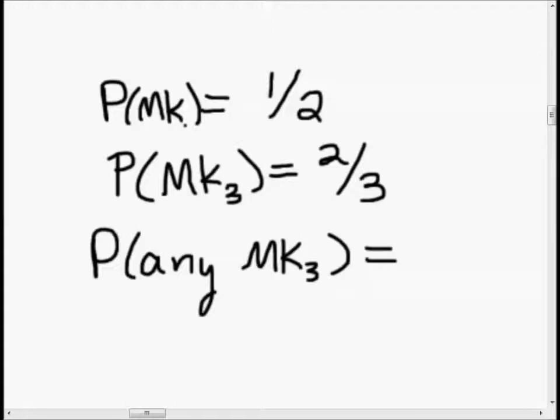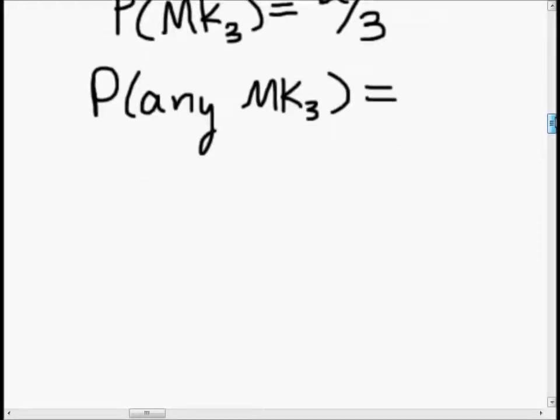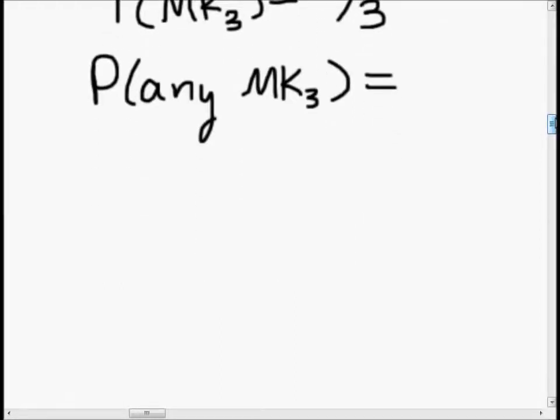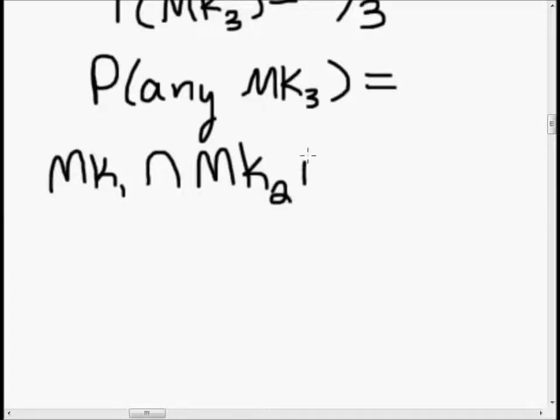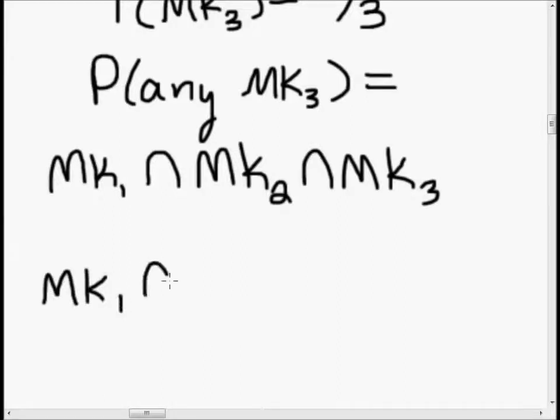So this might seem intimidating, but we know how to do this. Let's break this down. There's a path that we need to find. So we need to find the chance that he makes on level 1 intersect with the chance he makes on the second shot intersects with the chance he makes on 3. What else do we need to find? We need to find the chance that he makes on 1 intersect with the chance he misses